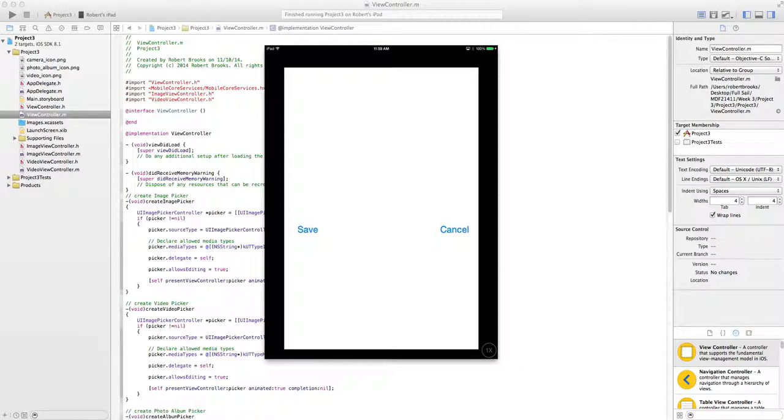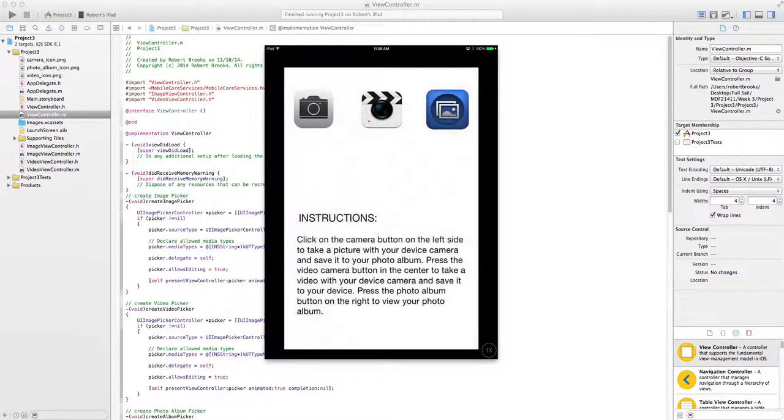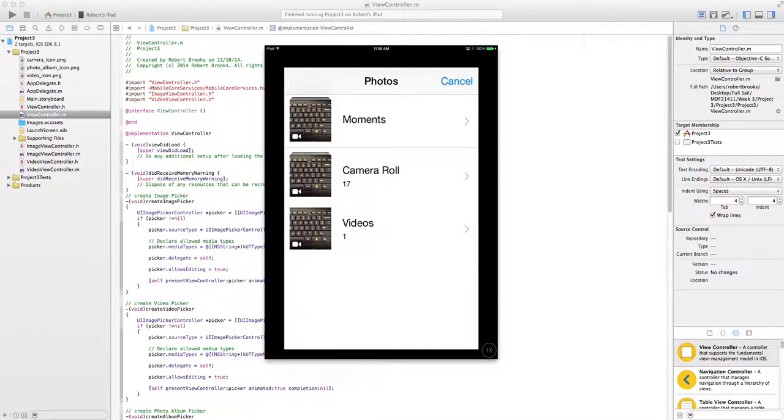Once again, cancel will do nothing. If you save, you will save the video to your photo album, and then you'll get this alert saying that the video has been saved successfully. Once again, if it doesn't save successfully, you'll get an error alert saying that it did not save. So the third and last component of the application is the photo album, and this just shows you